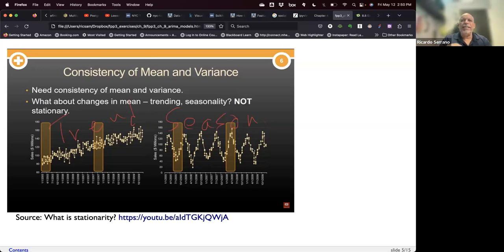So what we're looking for is something that doesn't have any trend, something where the variance is constant. And then the seasonality, when it's present, tells us that it's not stationary. If the seasonality is irregular, then it could qualify as stationary. That's one of the tougher concepts, the difference between the seasonal and the cyclical. Seasonal time series are not stationary. Cyclical, depending on the irregularity, they could be stationary. Okay, so